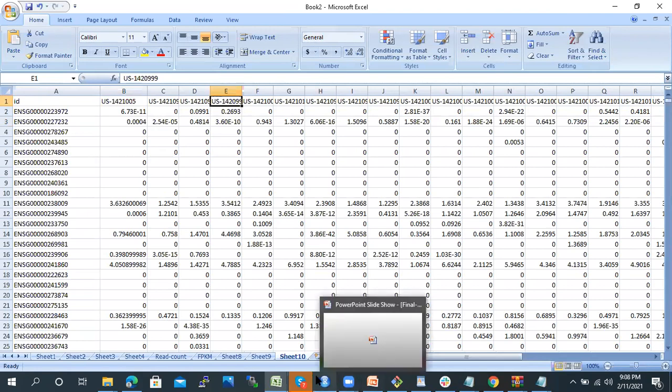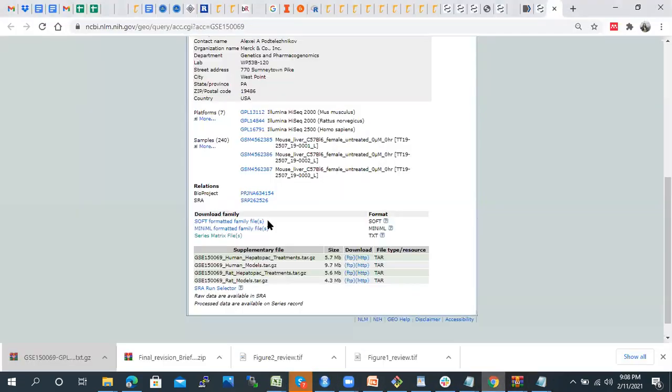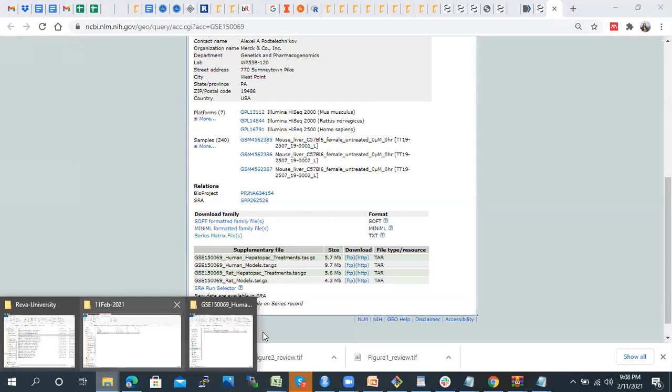So let me go over this platform page again. Here under the download family, you will find this file, the series matrix file. I have already downloaded this file.